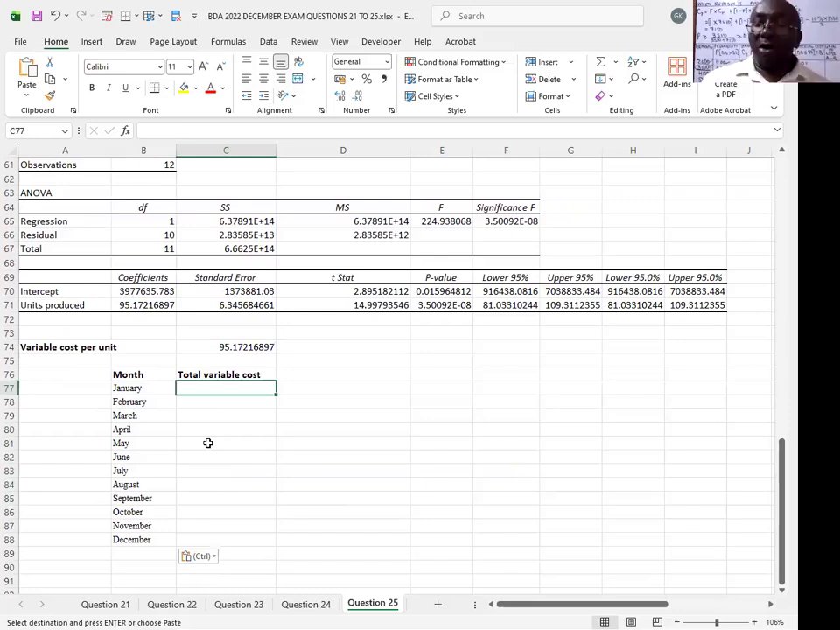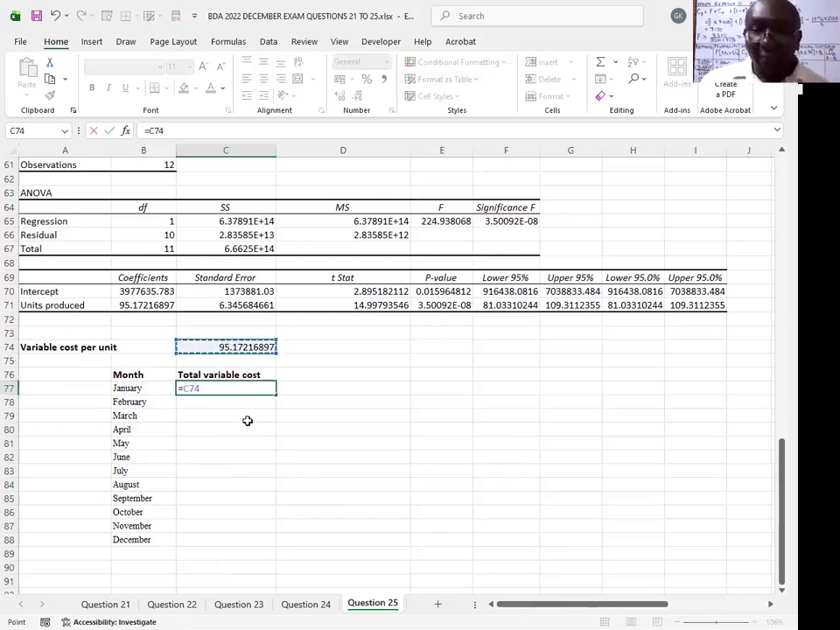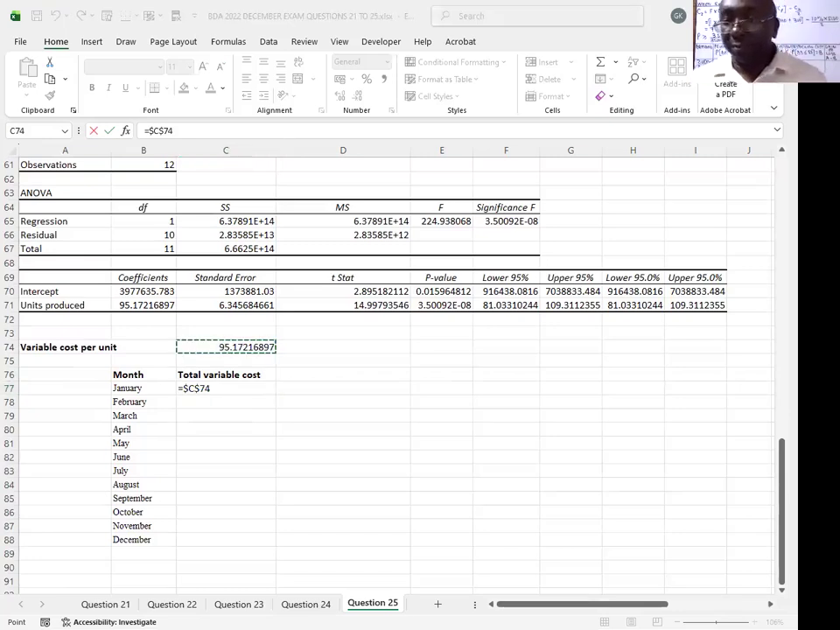Now, total variable costs will be given as equals. You take this one and you lock it. Chukua hii na uifunge. Weke $sign hapo. Make a dollar sign. When you put the dollar sign, now say times,